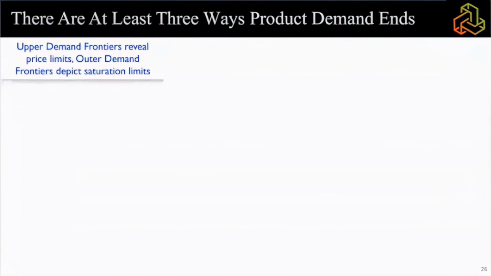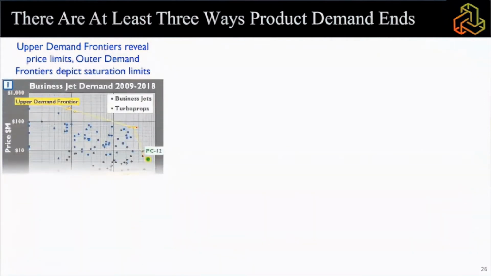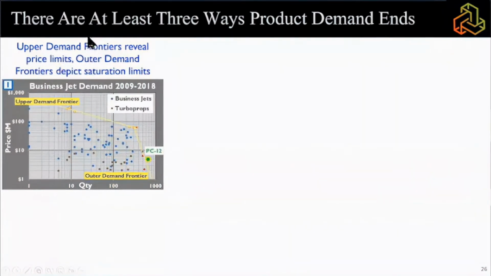Now, there are many ways that the demand for a product can end. So we have talked a lot about what we call upper demand frontiers. These upper demand frontiers represent the price limits, and this outer demand frontier depicts the saturation limits. And so in this period here,